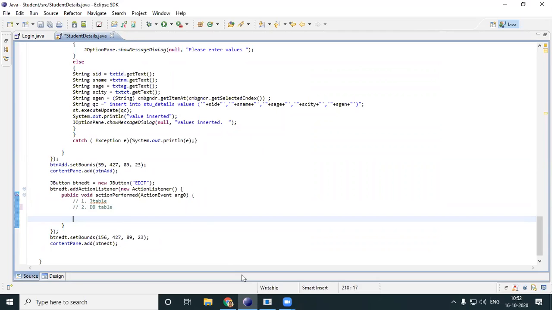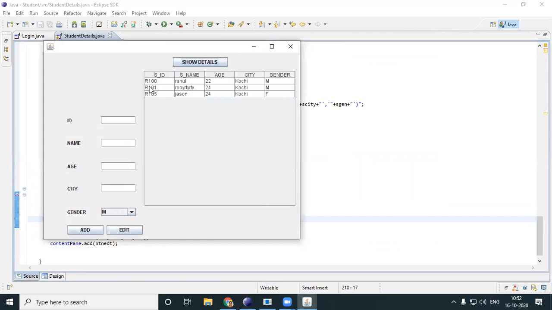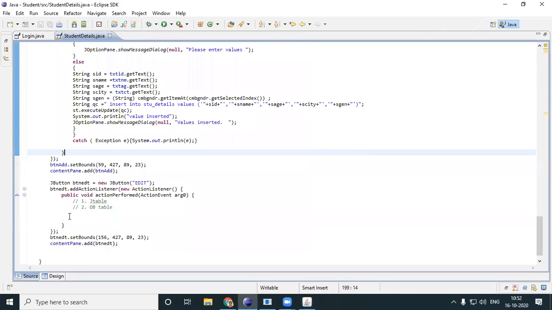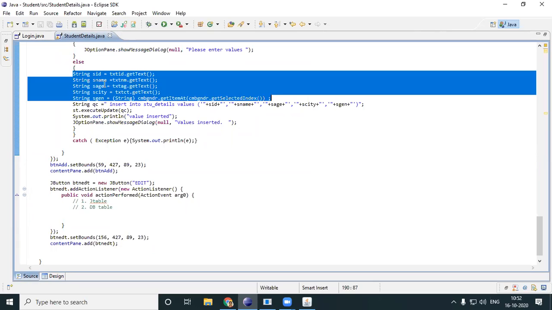Okay, so now look here, the logic is very simple. You have some details over here, you clicked it, you got it over here, you made a change. Let's say you made all these changes, you click the edit, it should be visible in your JTable. Very simple. Get text from your text boxes and then put it in your JTable. That's all. So let's do that. You have it over here. Get text, okay. Just copy this code.